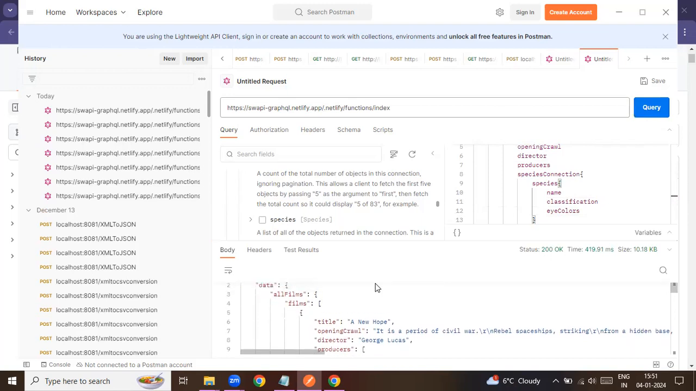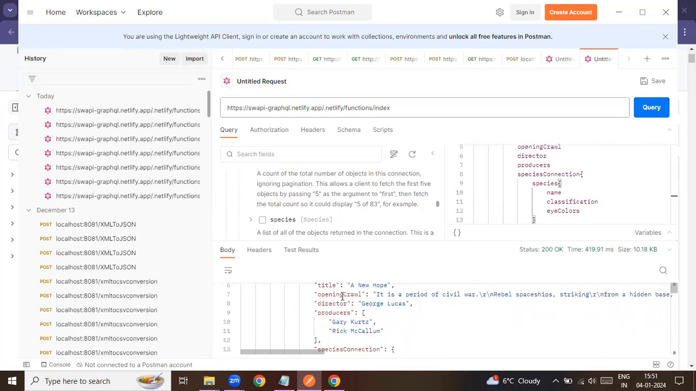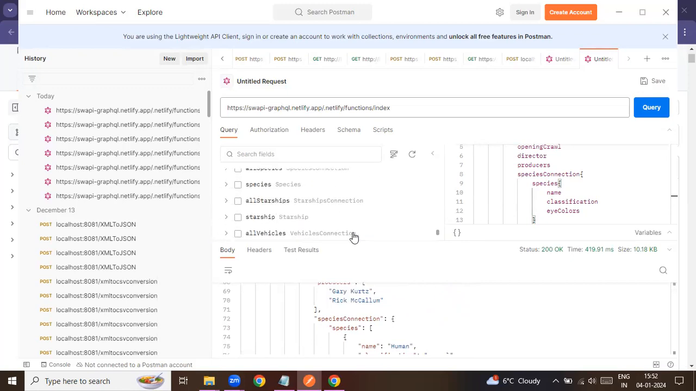It says the film is this. This is the opening crawl, and it is directed by George Lucas, and Gary Kurtz and Rick McCallum are the producers of it. And there are species used in that movie, and the first species name is human, and it is a mammal, and the eye colors are brown, blue, and so on. They have droid, and all these details will come up. Yeah. So now let's assume that